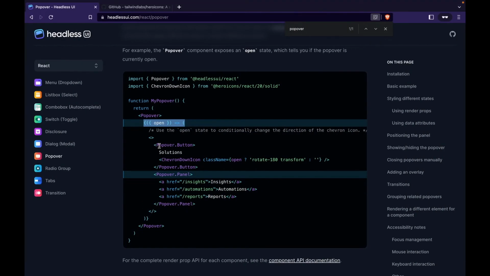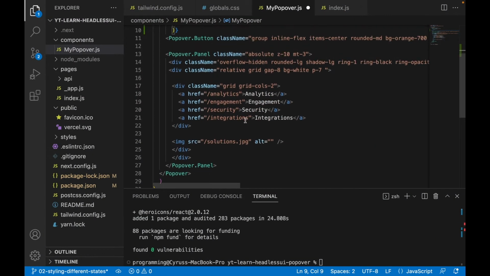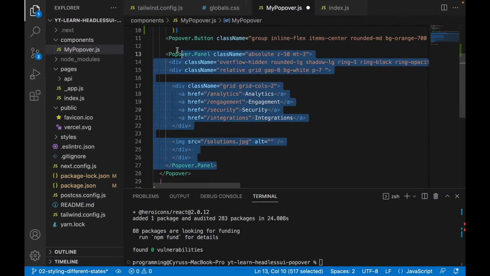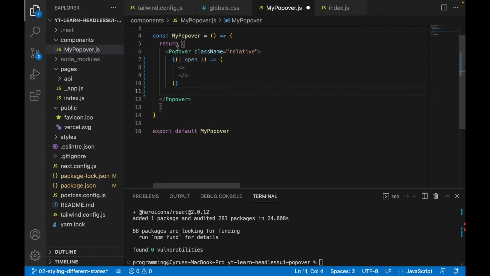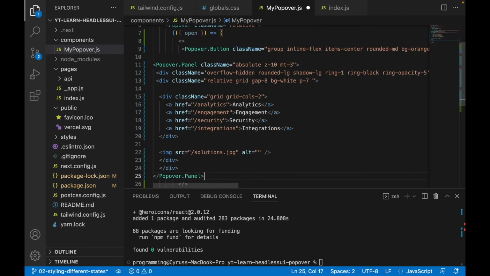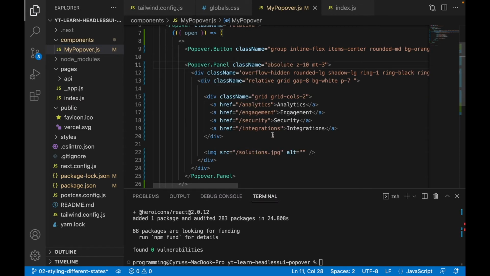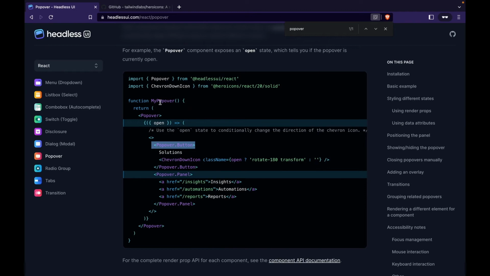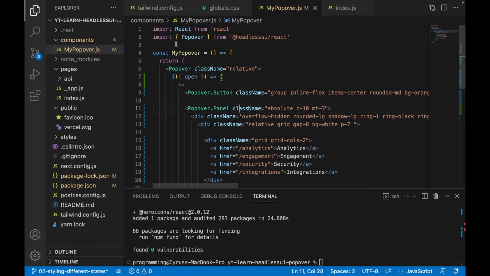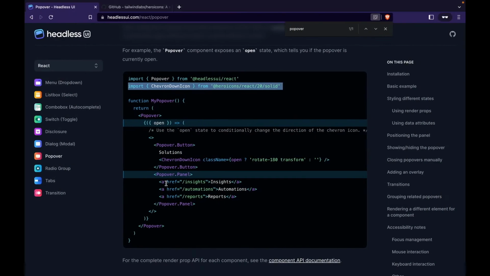and then we will copy all of this, the popover buttons and also the popover dot panel. So we copy the popover panels and popover dot buttons, and then we cut this and paste inside the fragment, and then we save it and go to format document, and then we copy this import chevron down icon and go to import this, and then we go to copy